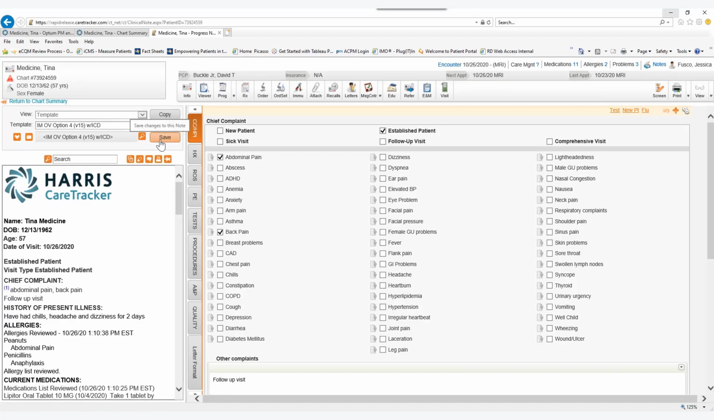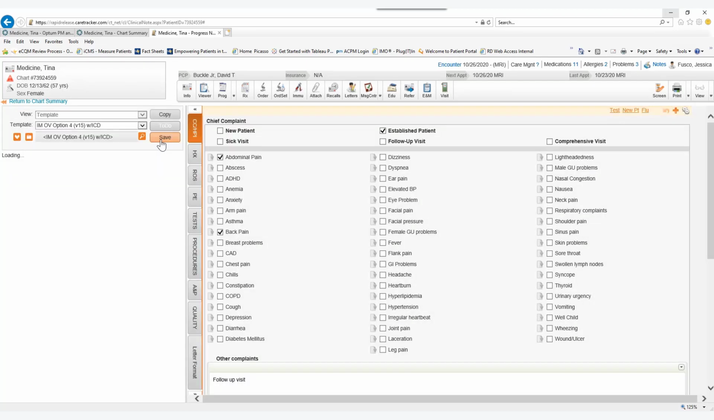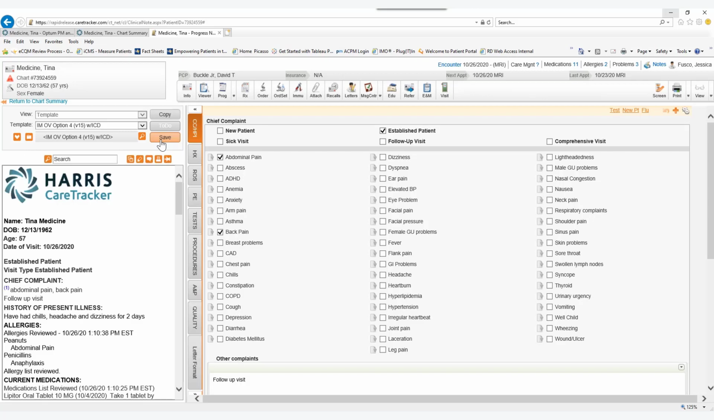Also over here, I have a Save button. This Save button allows me to save as I document the progress note. And it's good to get into the habit of pressing Save after you complete a section inside of that progress note. And the reason why I say that is CareTracker does automatically save every minute to minute and a half